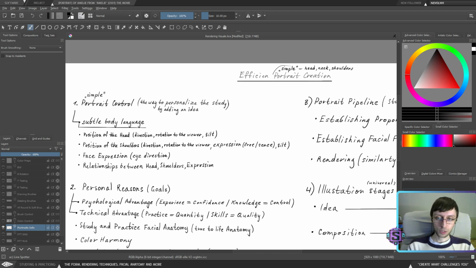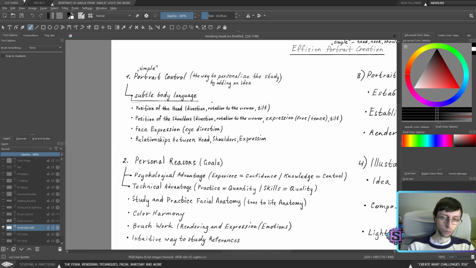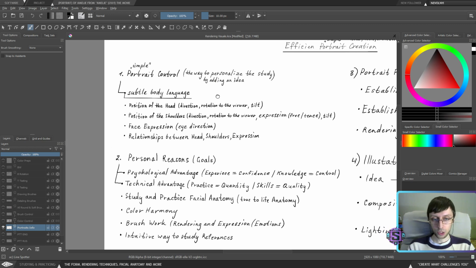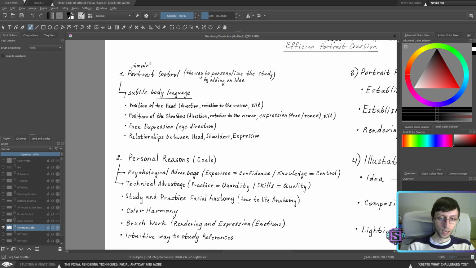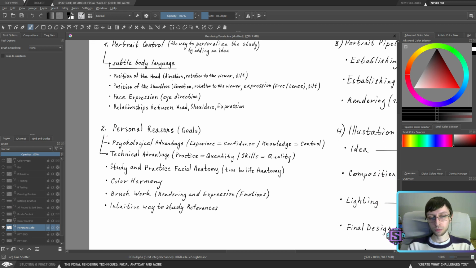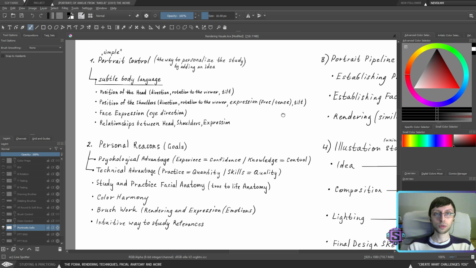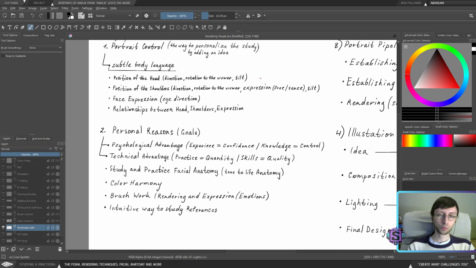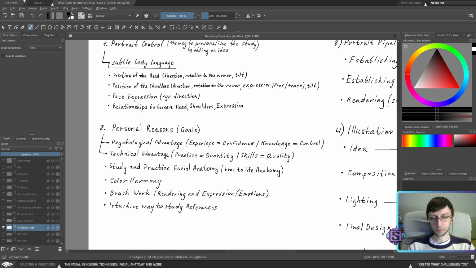We're going to start with simple portraits, which are going to have only head, neck, and shoulders. We established how these portraits could be controlled with subtle body language: by the position of the head, by the position of the shoulders, by the face expression, and by the relationship between those three. We established our personal reasons and goals. Why are we doing this? In order to study efficiently, not just study for no reason, but actually study with efficiency. Again, you have to understand your psychological advantage, your experience,